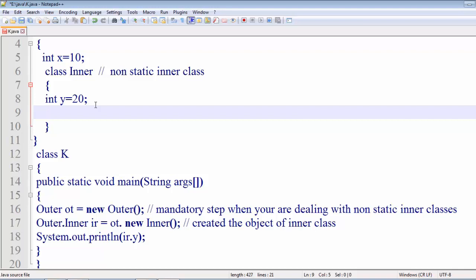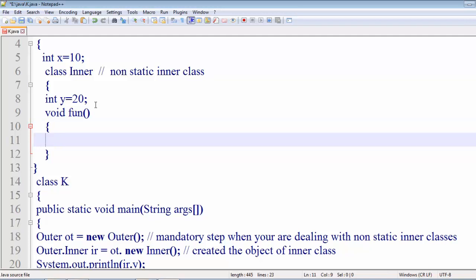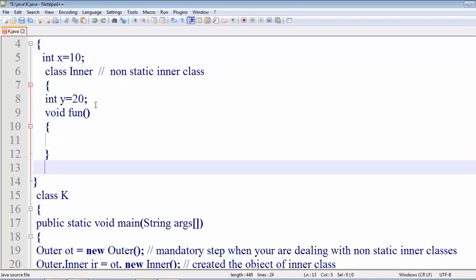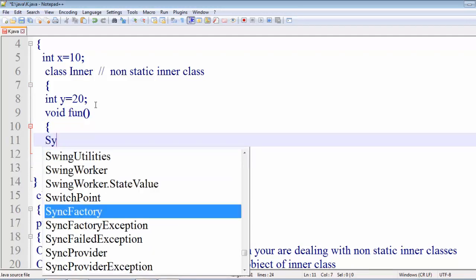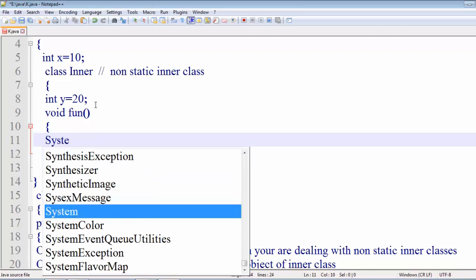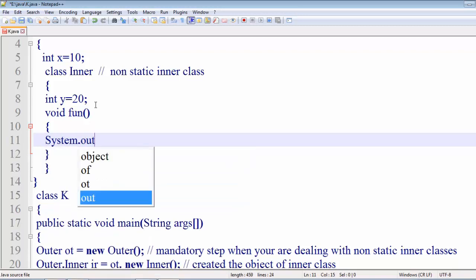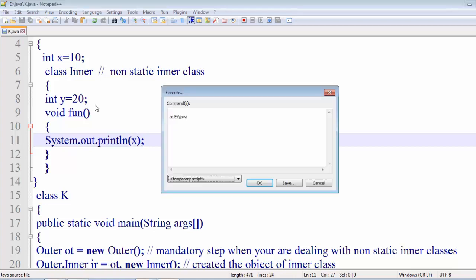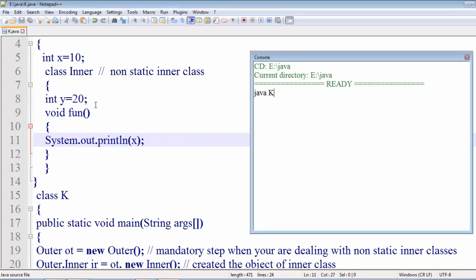So we create a function, void, let us suppose fun, and we print System.out.println(x), and let's see what happens. Let's try to run this.